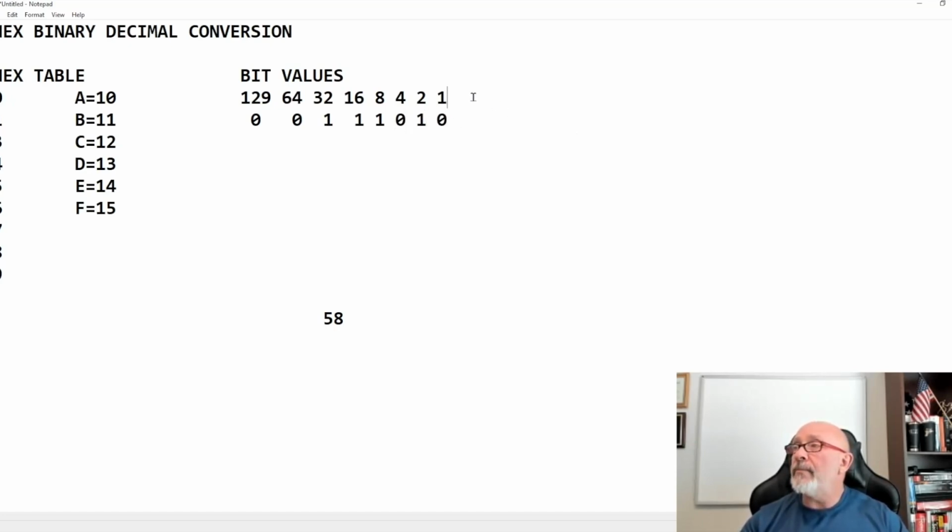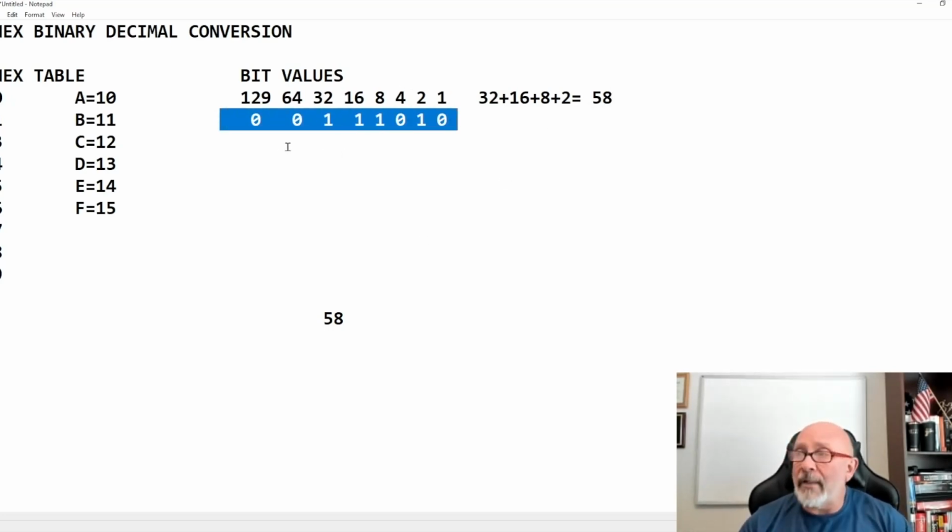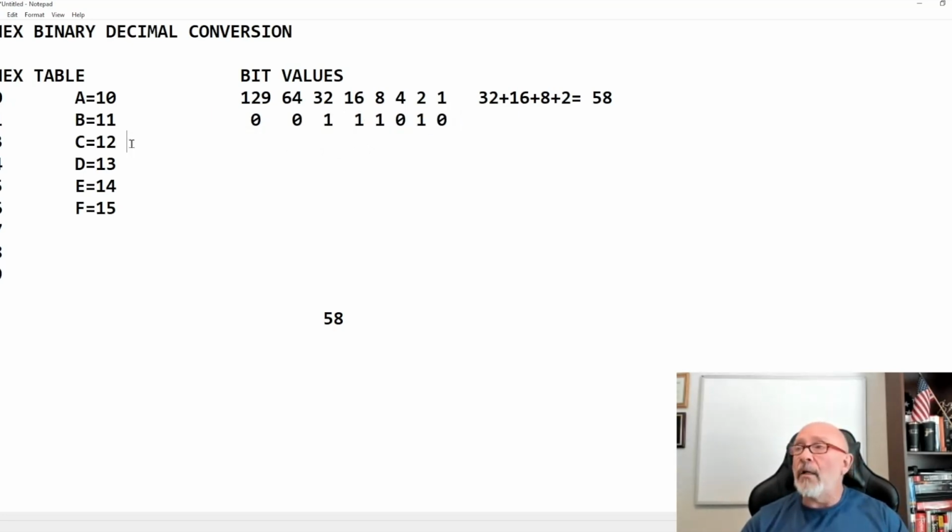So what we did, we took 32 plus 16 plus 8 plus 2 equals, right? So we got 32 and 16. That's 48. 48 plus 2 is 50, plus 8, 58. That's what that means. Now, that's how we get the binary. If you're doing this with a calculator, it's not going to look that way. It's just going to look this way: 1, 1, 1, 0, 1, 0. Because zeros to the left don't count. I put it there for visualization purposes, but if you're going to give an answer, zeros to the left don't count.